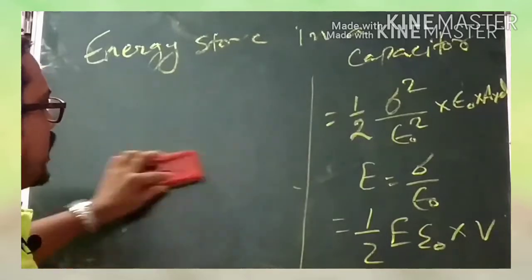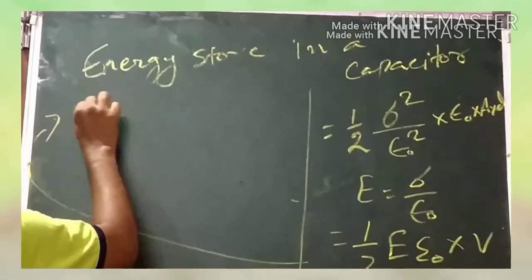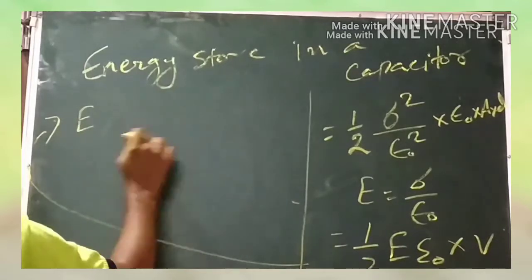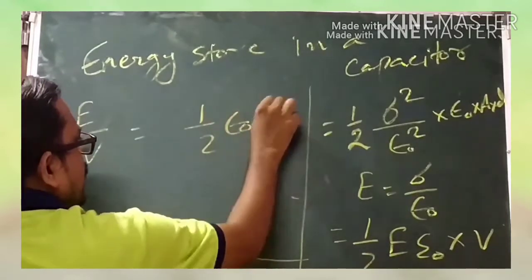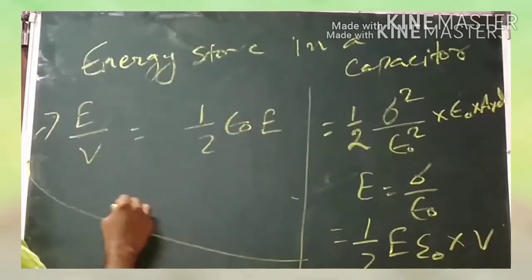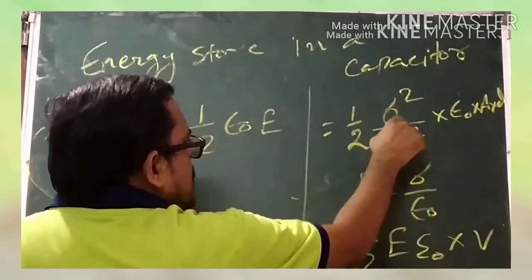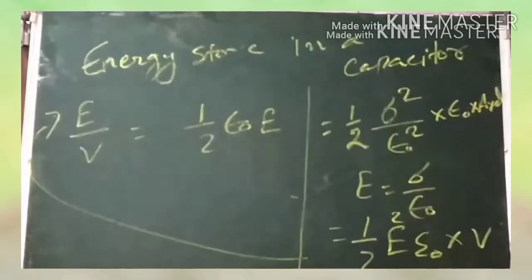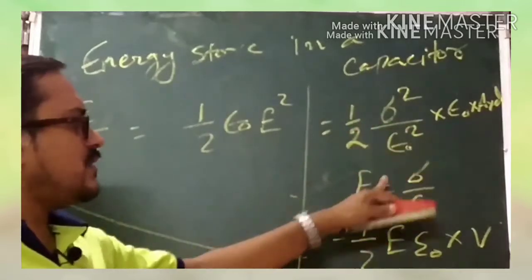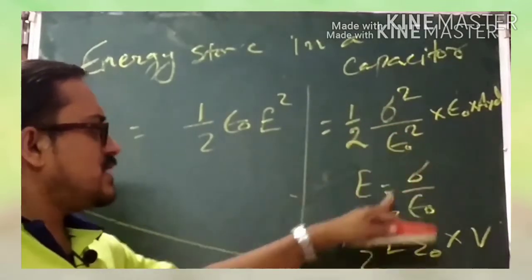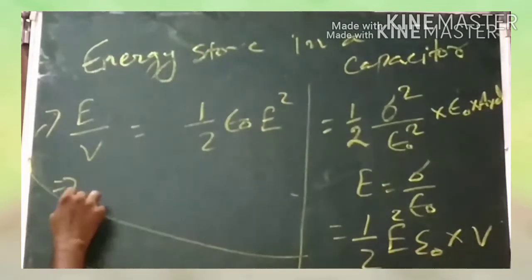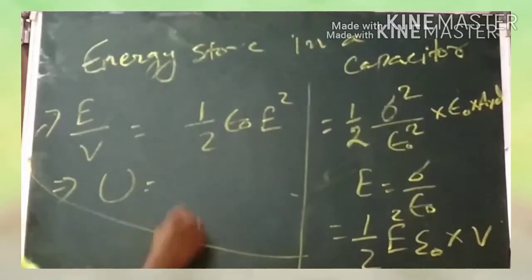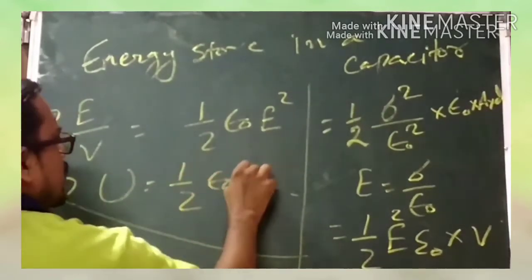So we have calculated half into E into epsilon 0 into volume. Now taking the volume to the left hand side, this will be equal to half into epsilon 0 E. Now this value will actually be sigma square by epsilon 0 square, so this value will be equal to E square. So here we have got half epsilon 0 E square, because sigma by epsilon 0 is equal to E, so sigma square by epsilon 0 square is equal to E square. So this is half E square epsilon 0 into volume. Now this is the energy density. We are taking this in the form of U, which will be equal to half epsilon 0 into E square.